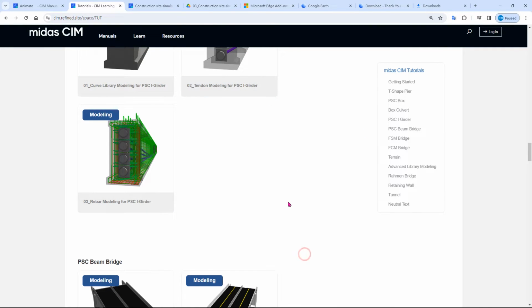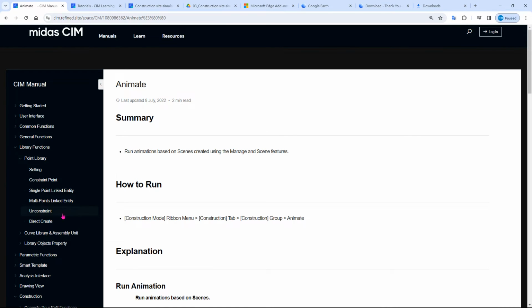Okay, so if there's any question regarding the tutorial, you may want to start first and then see if there's something that you need to ask, you may want to ask me using the email of support at midususer.com.tw.